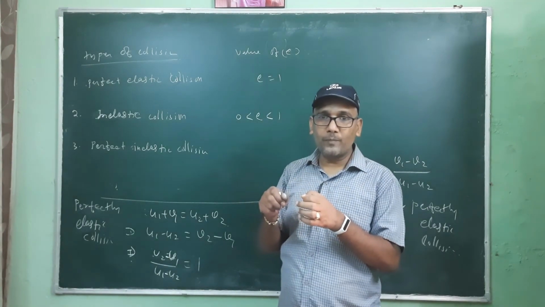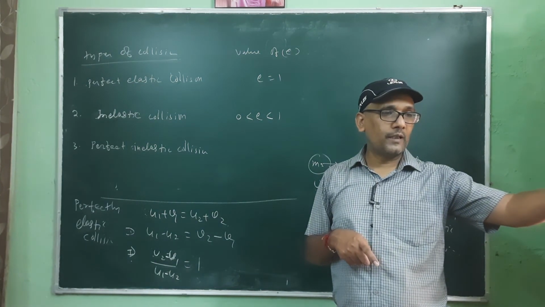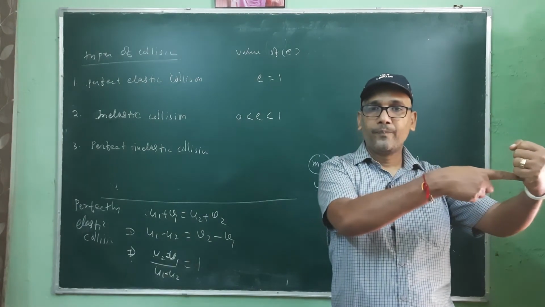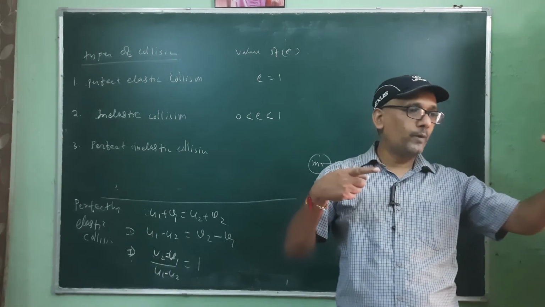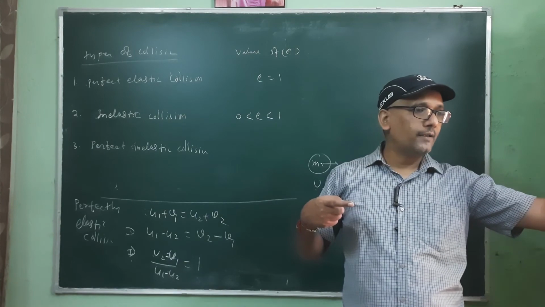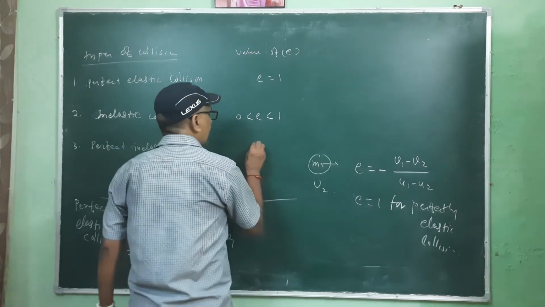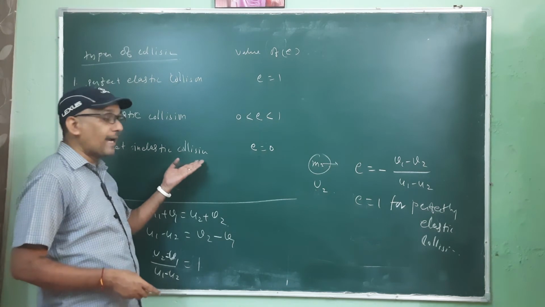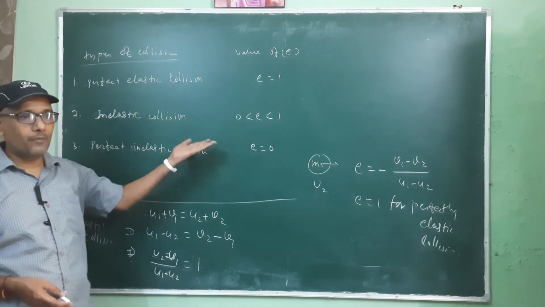अगर completely कोई object उसमें penetrate हो जा रहा है, जैसे वुडन ब्लॉक में एक बुलेट आया, गोली मारा गया, बुलेट उसमें धंस गया. अब वो डिपेंड करता है बुलेट की स्पीड के ऊपर, लेकिन ऑब्वियसली वो मोमेंटम में आ जाएगा. सो दैट इज परफेक्ट इनइलास्टिक टाइप collision. So here this e it is equivalent to 0. और इस केस में मैक्सिमम काइनेटिक एनर्जी लॉस होता है. यहाँ पर काइनेटिक एनर्जी लॉस होगा जरूर, लेकिन मैक्सिमम नहीं होगा.